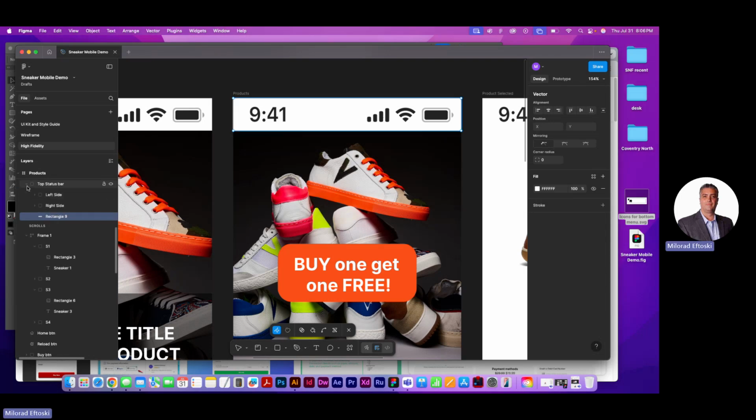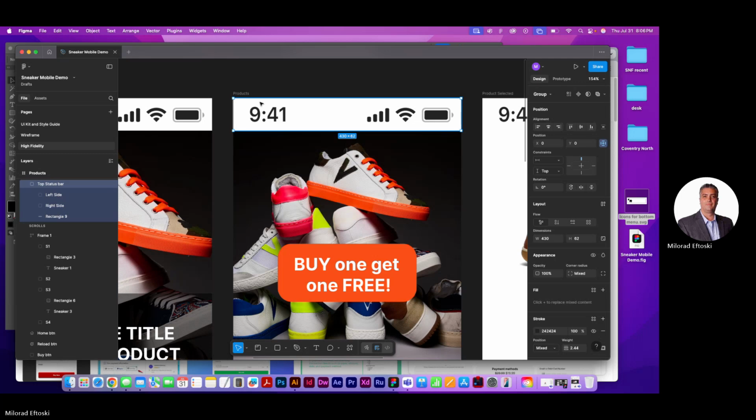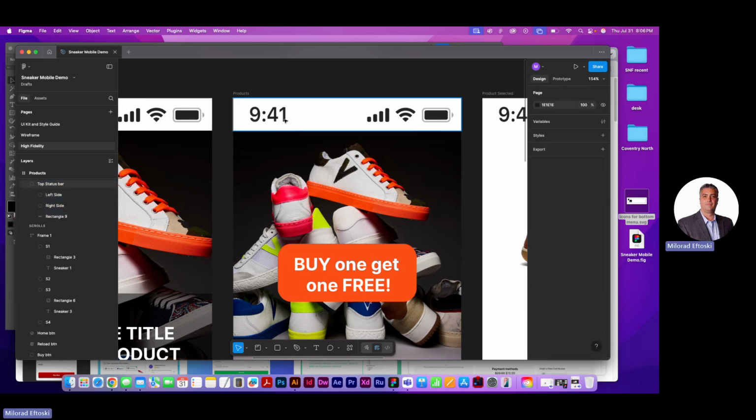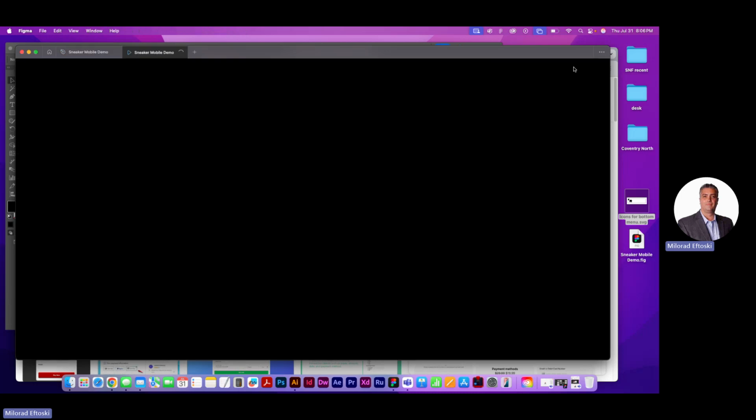There we go. Okay. Now I did it. Okay, so I fixed it there. So the whole thing now is going to be on the prototype fixed. Fixed. Which means if I was to press the play button,